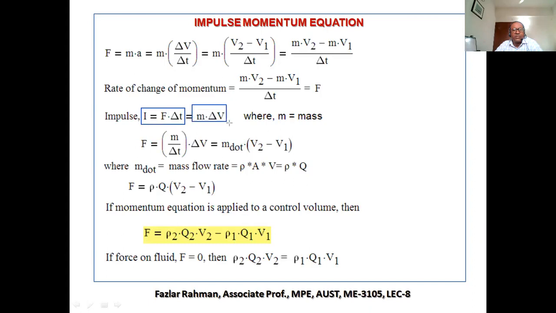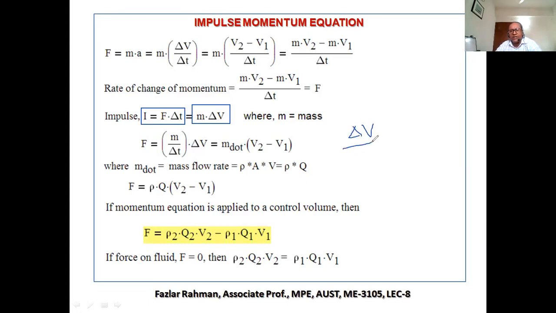Impulse equal to change of momentum. Now from here, I can figure out F. So F equal to, if I put delta T at the bottom of the velocity change, then you get acceleration. But I like to, for a solid body, put it below delta T, because for a solid body your mass